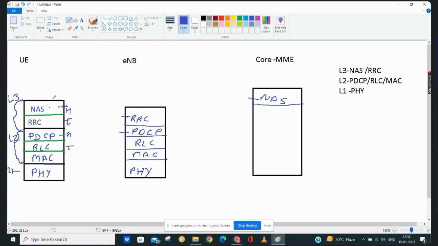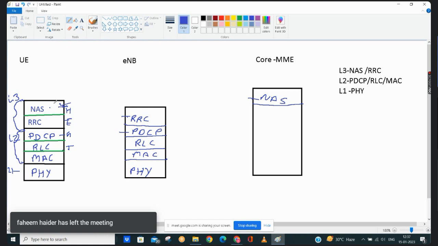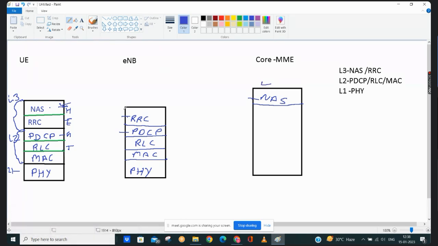Suppose we understand that example, how NAS can communicate with NAS. We don't have a NAS layer in the eNode B. So suppose we have one packet N, and I want to send this NAS packet N to my MME, to my NAS layer.